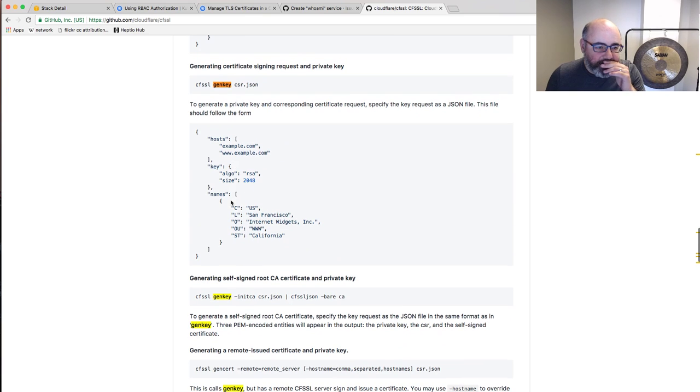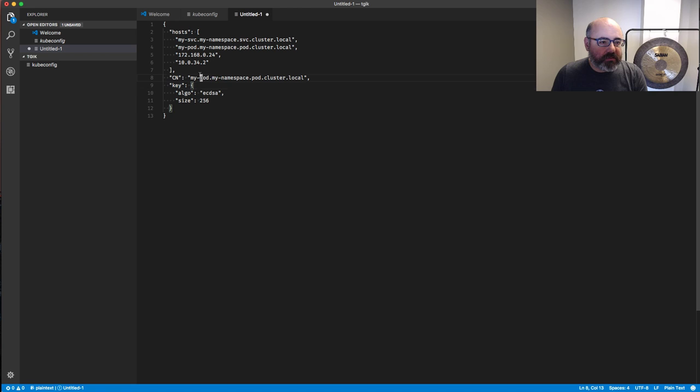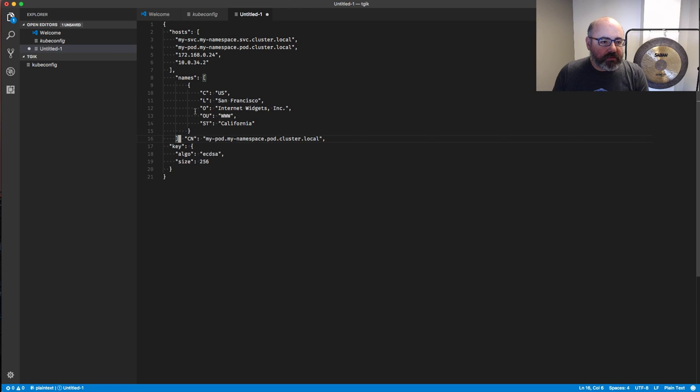Okay, so here's an example. Hosts, keys. What is this JSON schema though? Names. Okay, we want the names. This is what we want. And we will do O equals, I believe we use the organization, users, or let's say cool people, and we're going to go through and